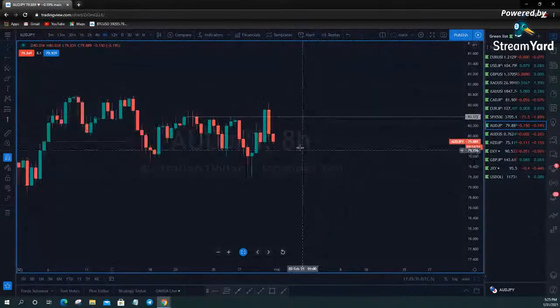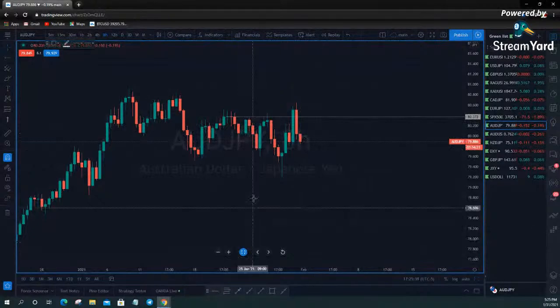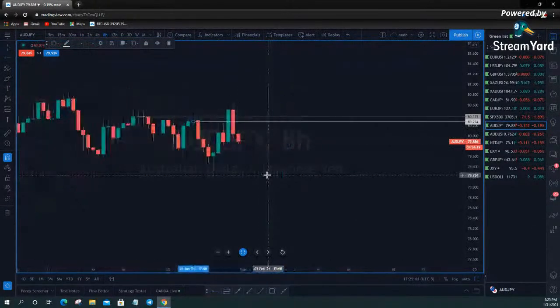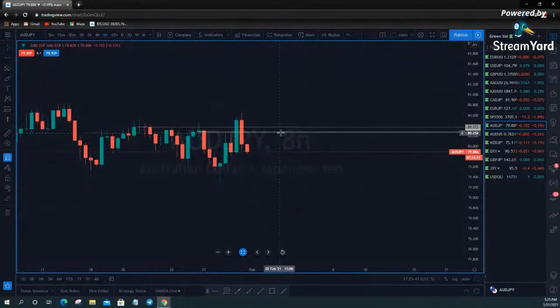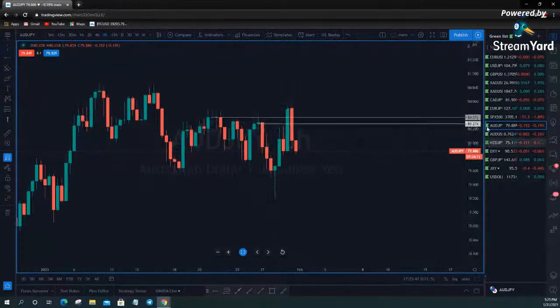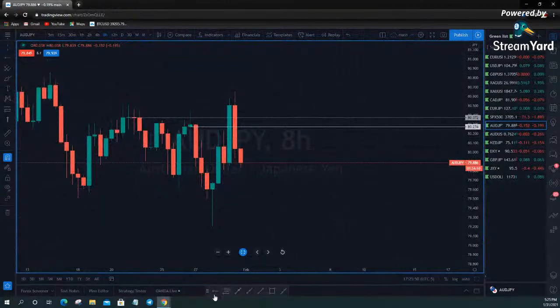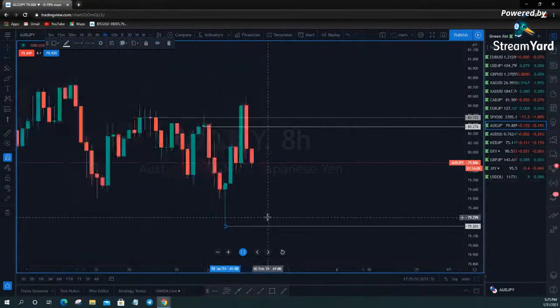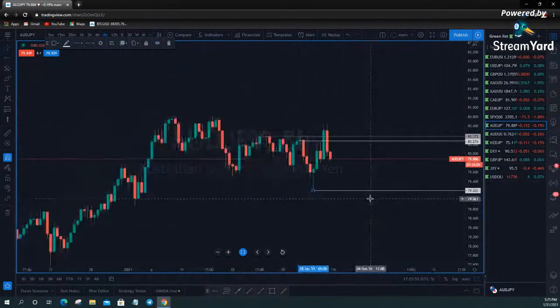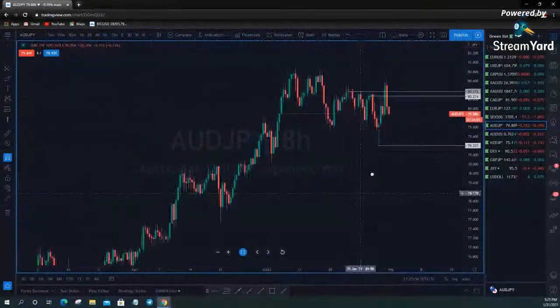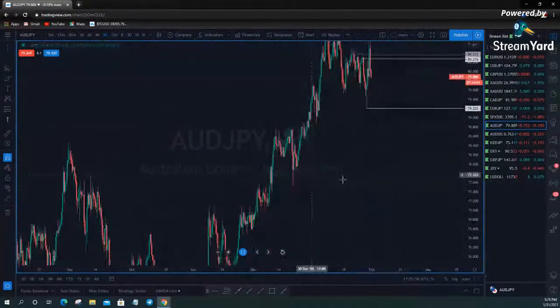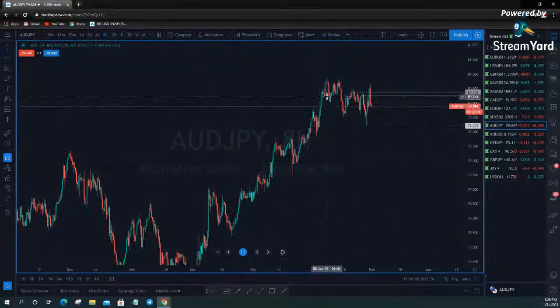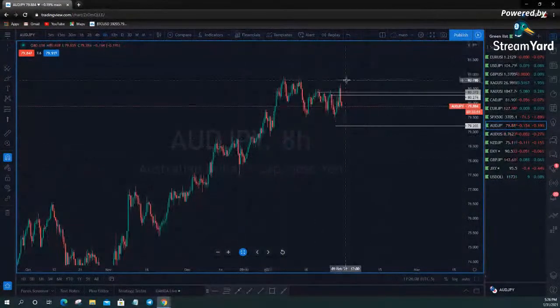So moving forward on this, I will be looking for a resistance test of 80.274. If it holds as resistance here on an hourly basis, I will look to get short on the Aussie Yen, only targeting this wick down here at 79.203. I say only targeting that because if I pull this out, this you can see is clearly a bullish move. This is consolidation. Some people will call that a bull flag or a pennant or whatever you want to call it.